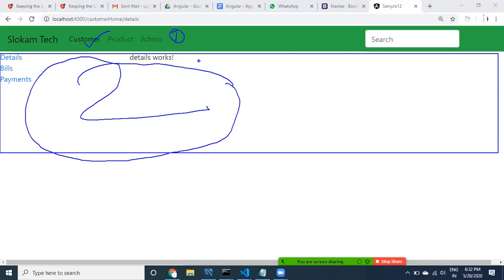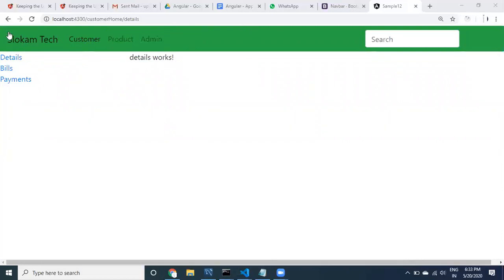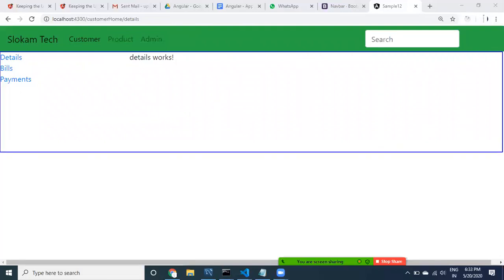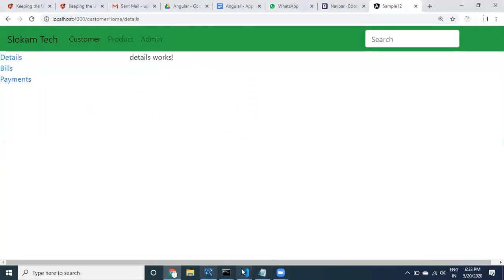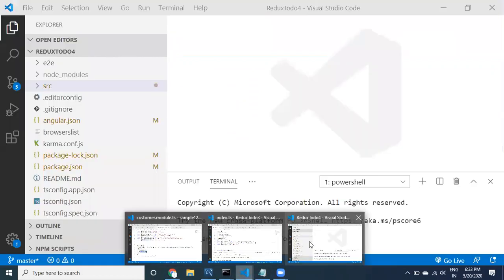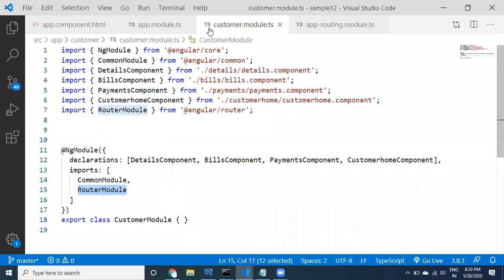This is the second part. This first part and second part are both available in the app component. First the navbar is available separately, after that we have provided the router outlet separately. Let us go to the HTML, to show you that particular part.